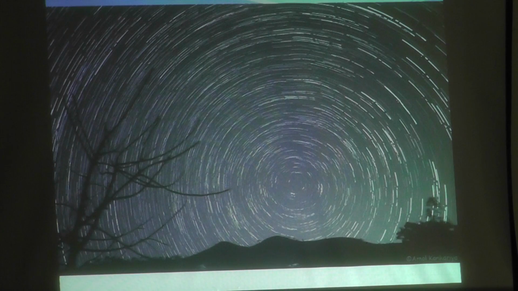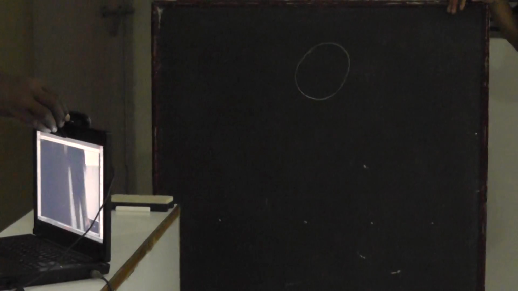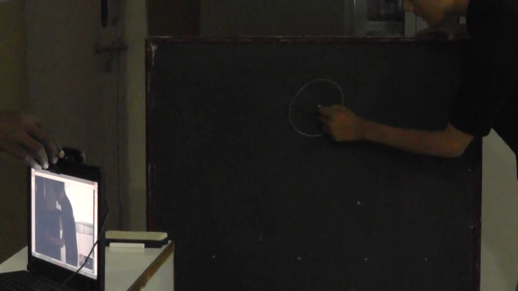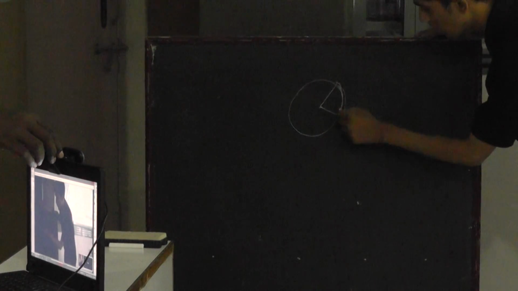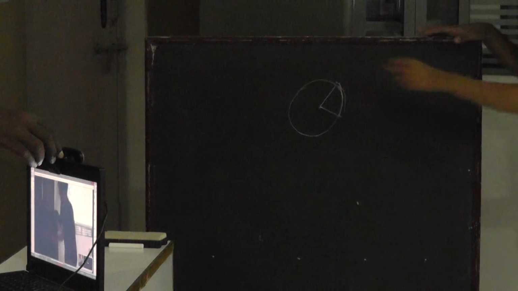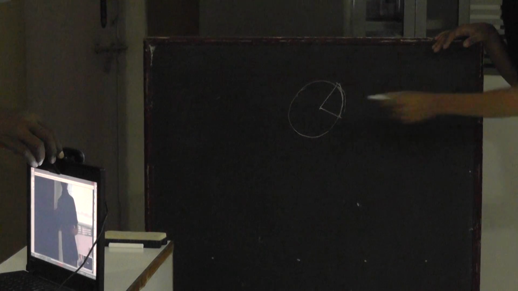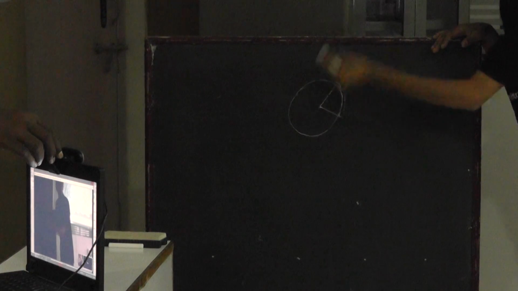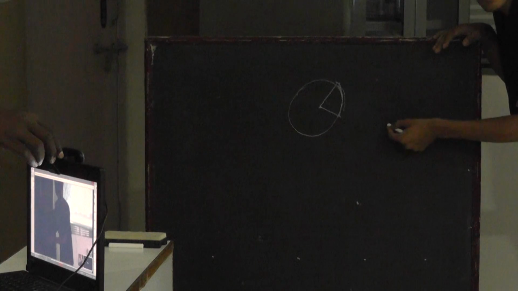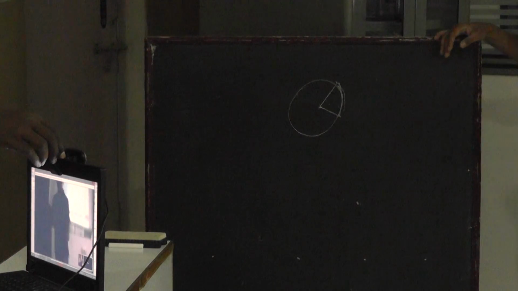Alright. So this is a circle, and we know that in a circle there are 360 degrees. So if I have just given this arc, by knowing this angle, can I correlate what this arc length could be? Let us say 360 degrees would correspond to the complete circumference, that is 2 pi r. Therefore, similarly, if this is angle theta, we will be able to find this length.